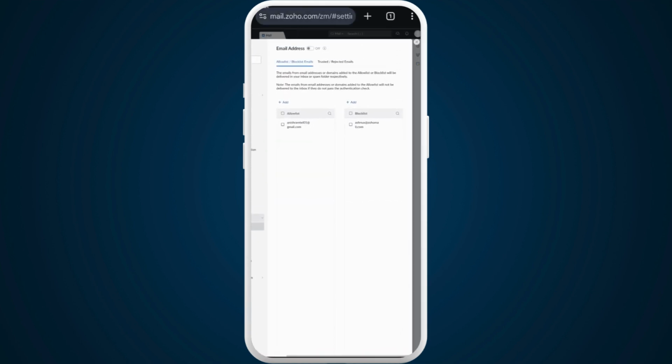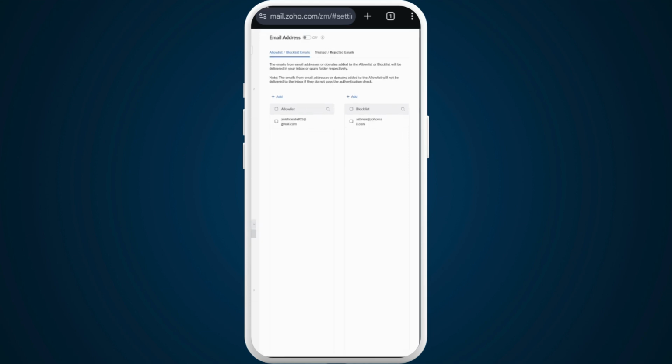In this page, you can see this email address section. Here you will find this allow list and block list emails. In the left hand side, you can see the allow list, whereas in the right hand side, you can see the block list section. So in order to whitelist an email address, if you have added any email address to